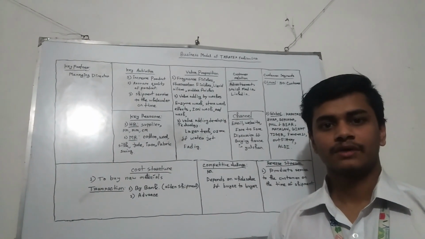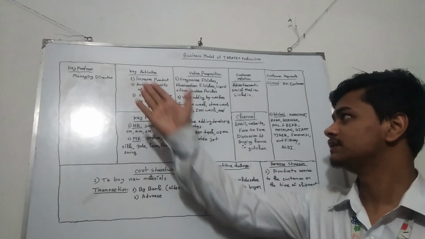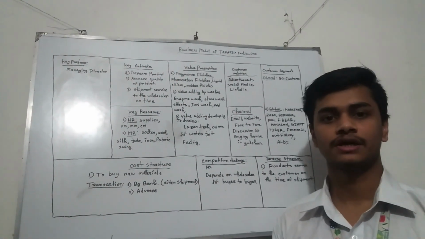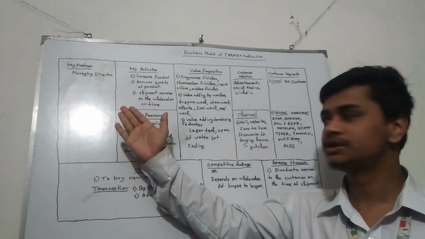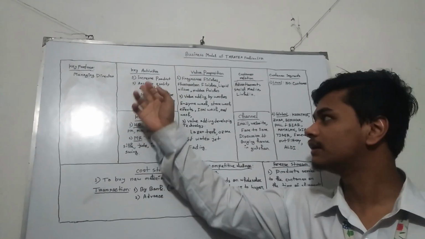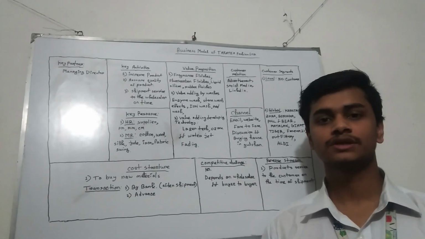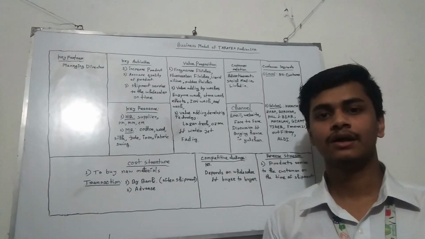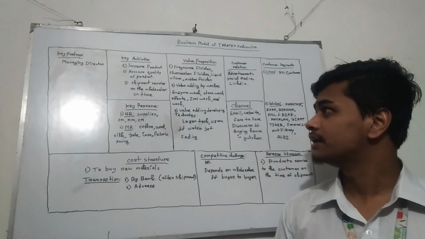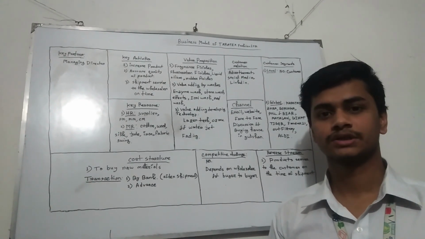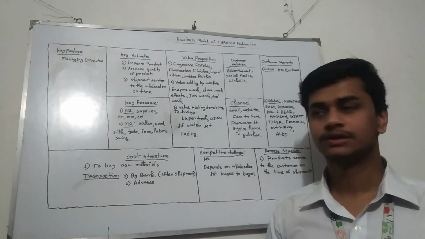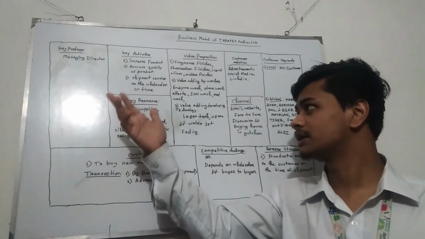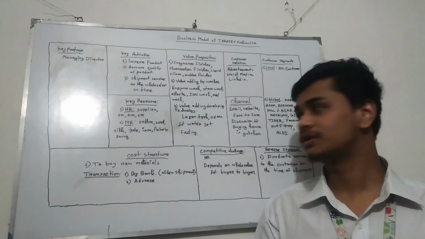So the next step I will elaborate the portion, key activities of this organization. I have noted down 3 points. The first point is increase product quality. This is the main criteria of their key activities, and assure the quality of product, how much goods of quality they have ensured. So this is the second point of their organization we pointed.